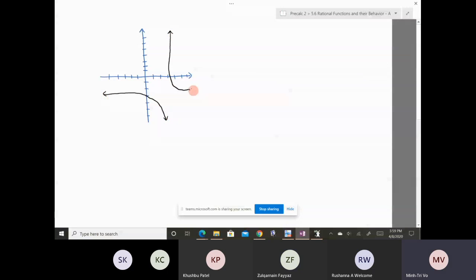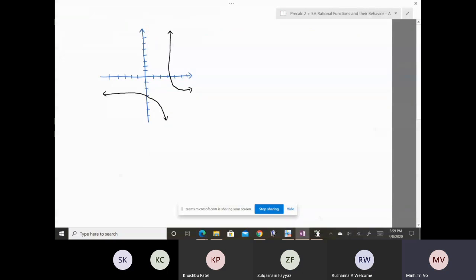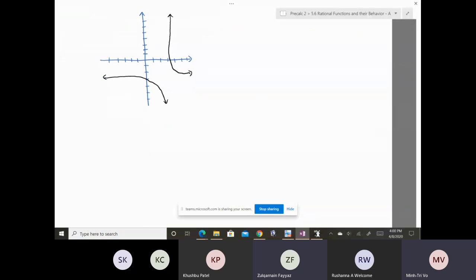Okay, something like this. If I give you a graph like this and you need to figure out where the asymptotes are,